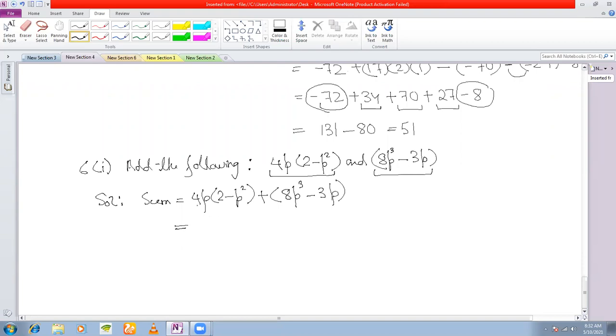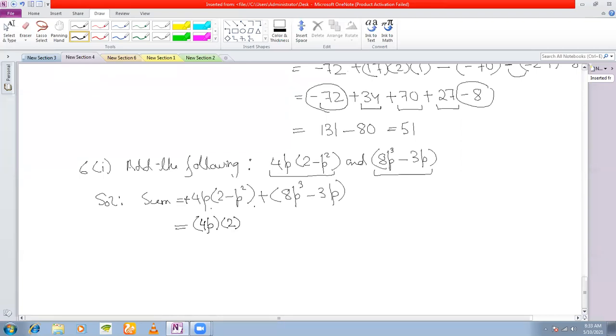Now first of all we simplify this expression. How do you simplify? See that this expression consists of this monomial here, 4p, and this binomial here, right? You multiply these two to get our expression. So first we shall carry out the product. According to BODMAS also, you carry out the multiplication first, right? Then the addition and then the subtraction. So here you have a multiplication, so we are carrying out the multiplication accordingly. Let's carry out the multiplication first. So here, how to carry out the multiplication? 4p into 2.